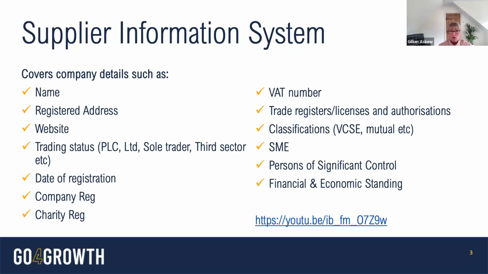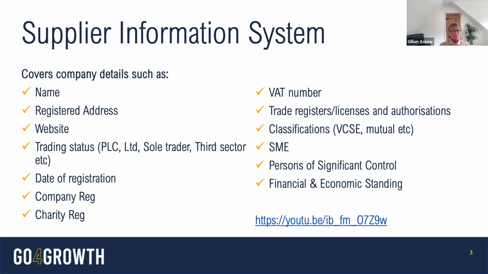Effectively, if you are an organisation that is registered at Companies House, then in Companies House you will see, and I go through this in the tutorial video, if you go onto your company registration, there'll be a People tab, and in that People tab there is a Persons of Significant Control tab as well. So if you're completing the registration on behalf of a business and you're not sure if there are persons of significant control or connected persons, then you can look on Companies House, or you can go back to your organisation